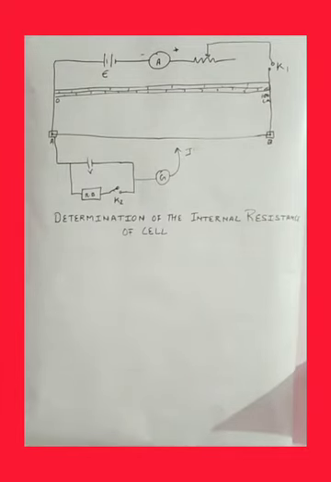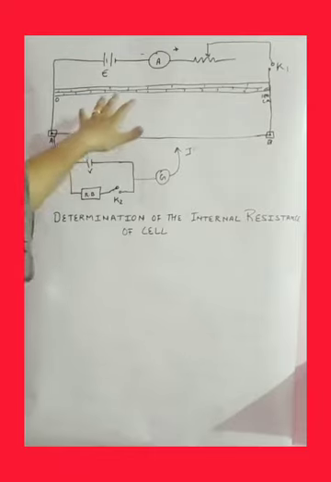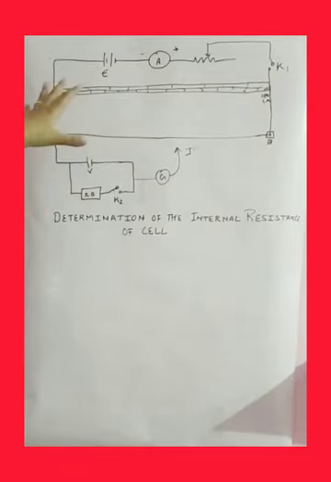Now we are going to begin to find out how this potentiometer is going to help to find the internal resistance of the cell. First we will understand the circuit. This is what we call a potentiometer. Don't get confused that I have made only 100 centimeter, only 1 meter wire. Don't worry, it is the same process as with a 4 meter wire or 10 meter wire.